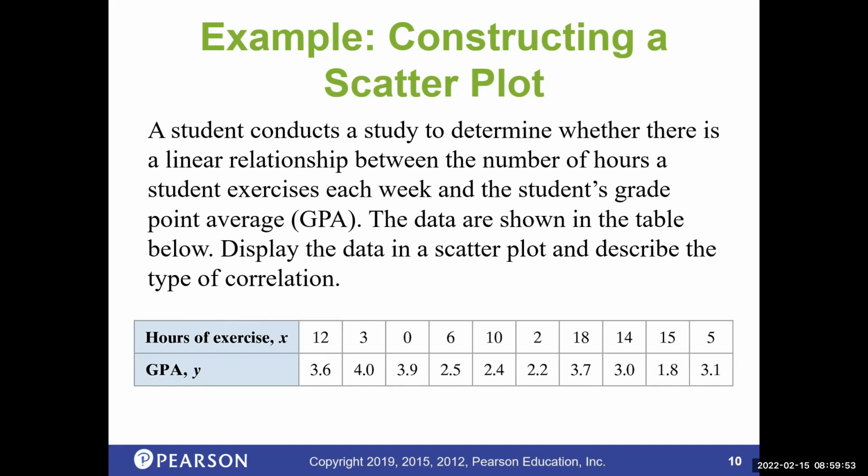The first one is L sub 1, which is list 1, and then we have L sub 2, which is list 2. Now, under list 1, that whole column, we're going to type 1, 2, and then press enter. It moves down a row. And what we're going to do is we're going to type 3 and then 0, 6, 10, 2, type all of those X values. As soon as you get